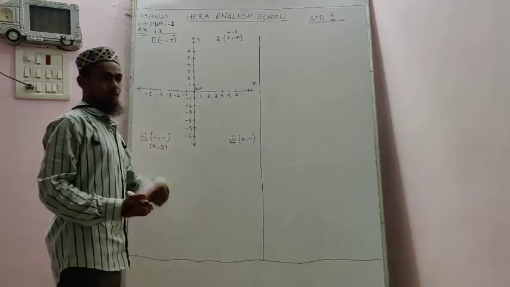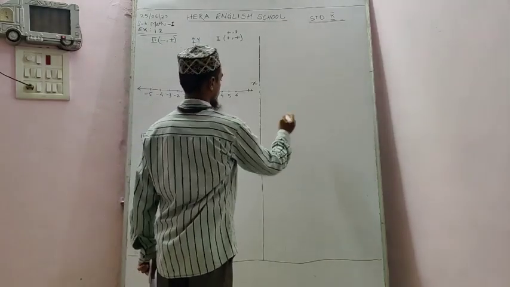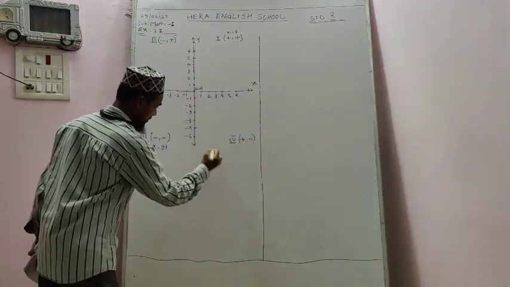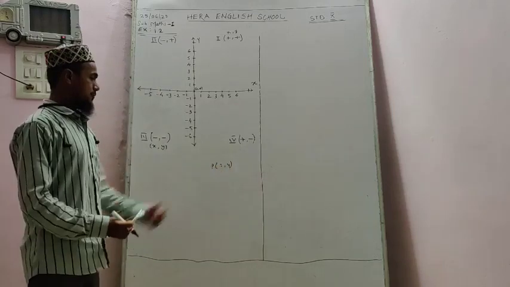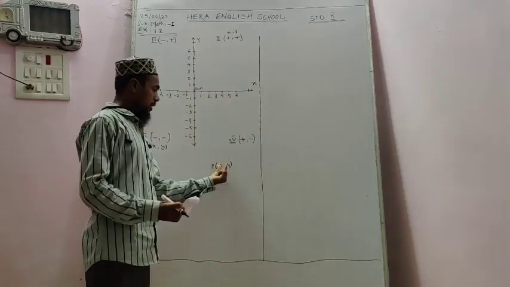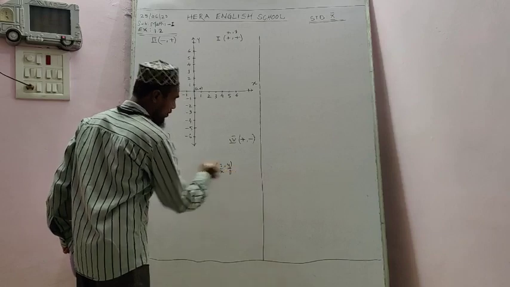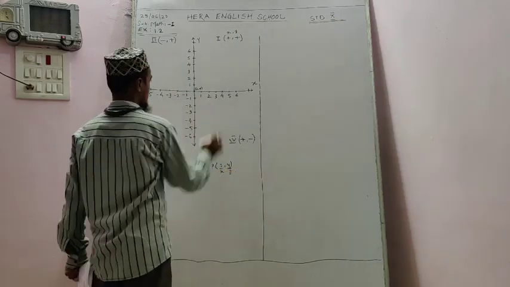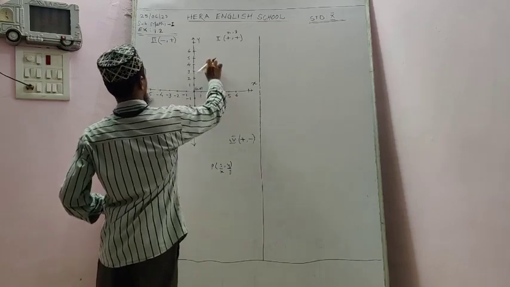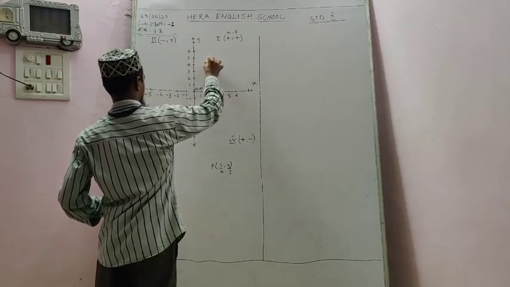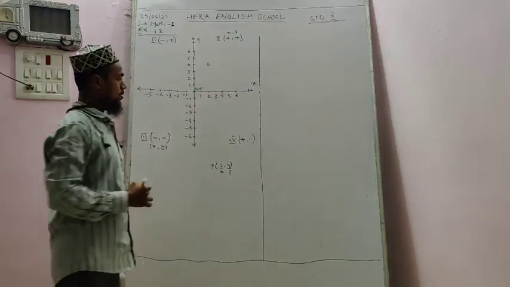Suppose you have to plot one point. As an example I am taking one point. Now see here, the point P is there, 2 and 4, both are positive. It will lie in the first quadrant because both are positive. Here you will take x as 2 and y as 4. X is 2 and y is 4. It will lie here. This point is there. This will be here. Okay, you got this one?